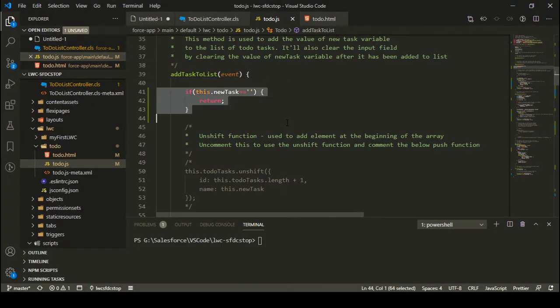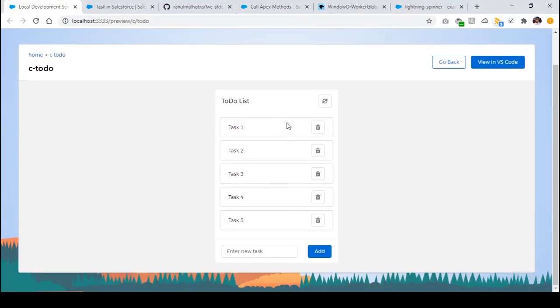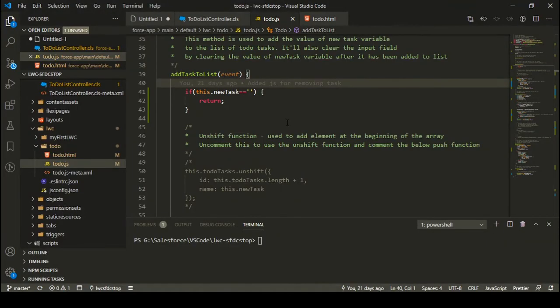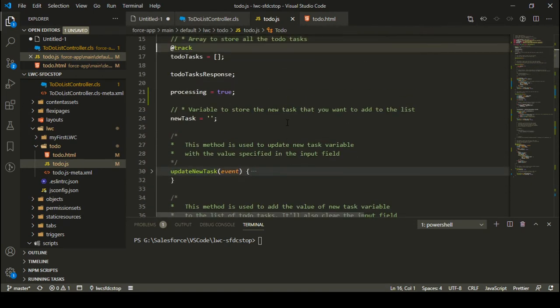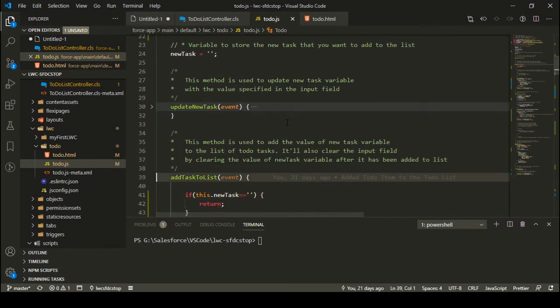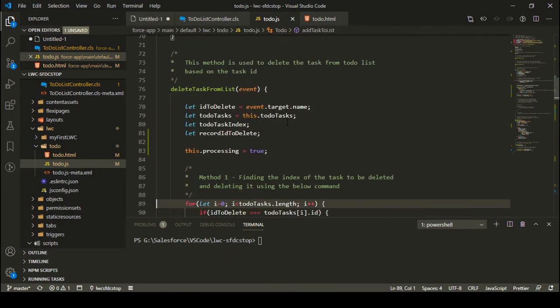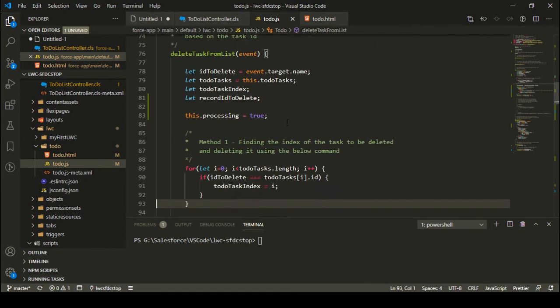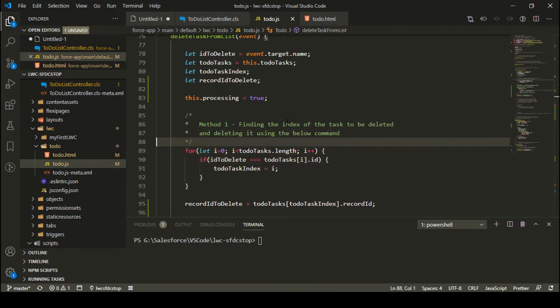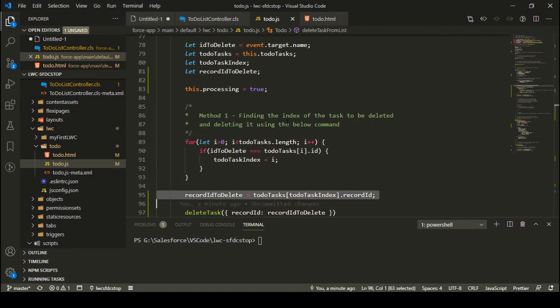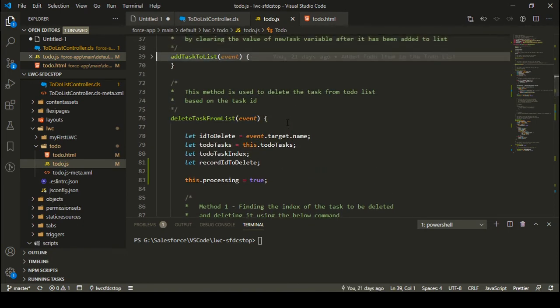Okay, so this refinement is actually done, and now I think my application is working perfectly fine. But one more thing is there, and this is a very crucial point that I want to highlight whenever you are working on JavaScript arrays, right? If you remember what we did, whenever we are adding a new task to the list, we are simply adding it to the end of the list, and whenever we are deleting a task from the list, we are deleting it by finding the ID, or I can say the index of that particular task in the JavaScript array, and then we are removing it, right?